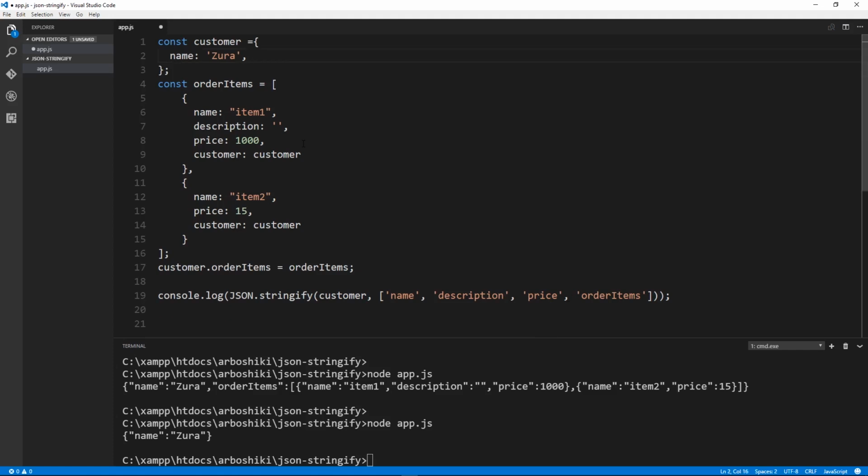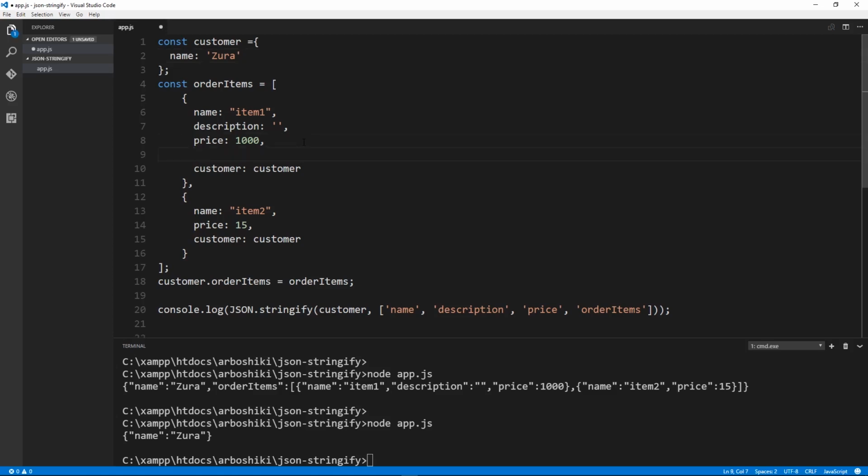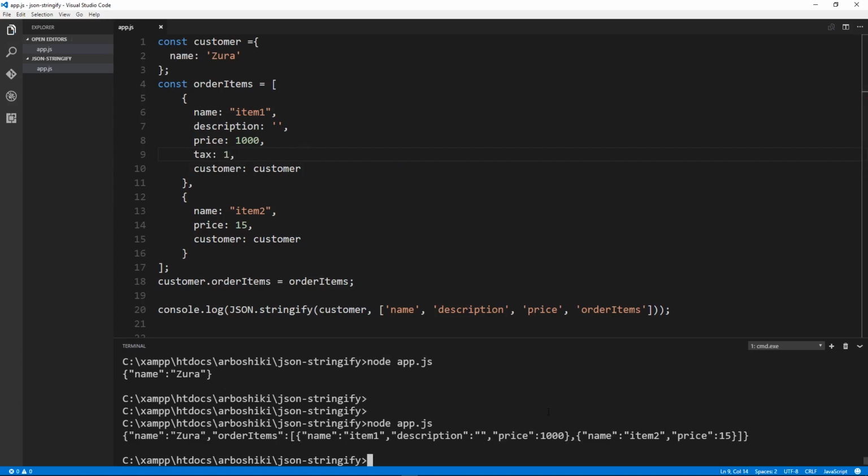I agree, as we had before, we had hard-coded name and price, and we have a similar situation here. We are only returning name, description, and price. And what happens when we have another property here like tax, which is a number? So this tax will of course not be included in my final serialized JSON object. In this case, probably we should use an array,